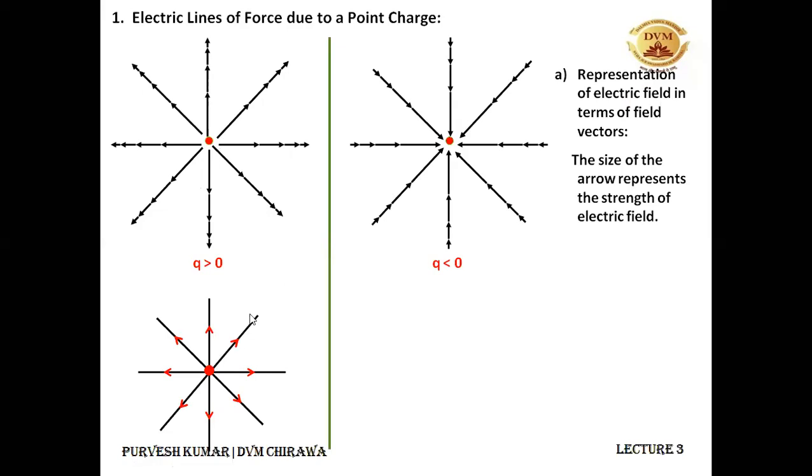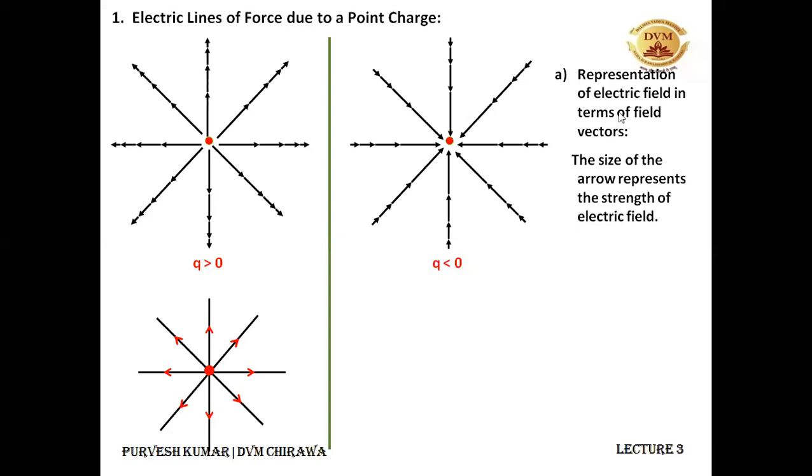Just we have specified the direction. So it is an easy way to draw the electric field lines. We will be following the second way only. These are the electric field lines in the vector notation for the negative charge. When Q is less than 0, the electric field lines will be coming towards the negative charge, and for the positive charge, they are moving out from it. We will be following this notation to represent the electric field line.